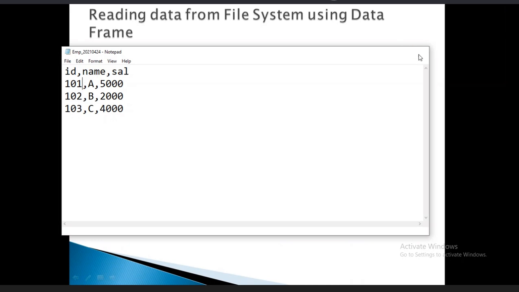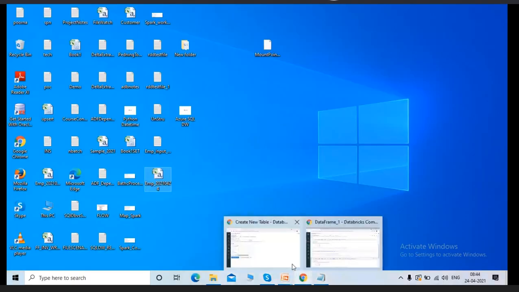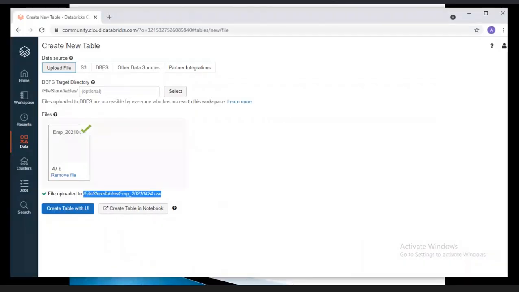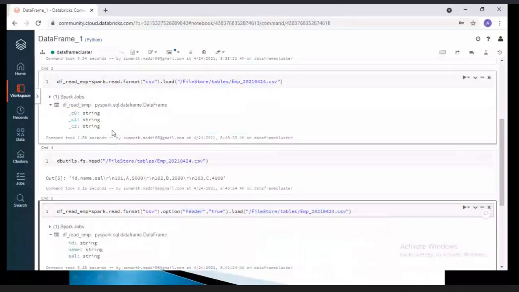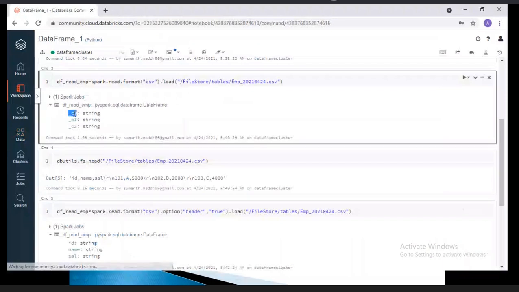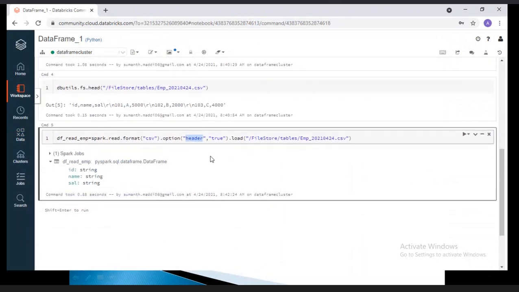Even the schema definition: PySpark created the schema definition, column names plus data types. But if you mention header equal to true, then it is not creating its own column names.